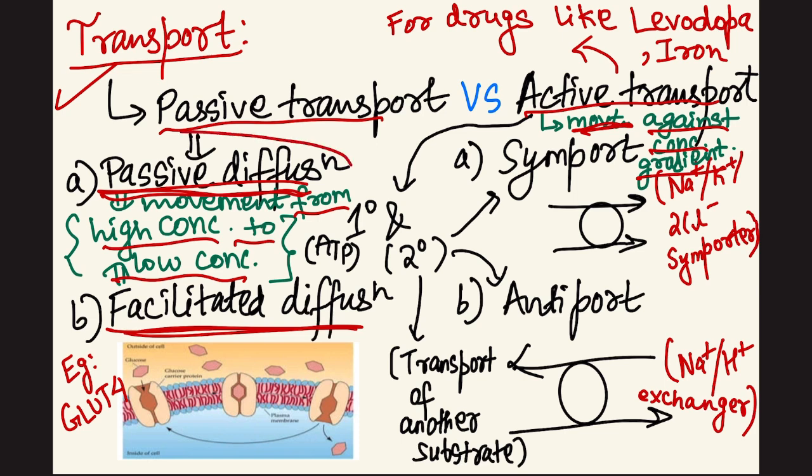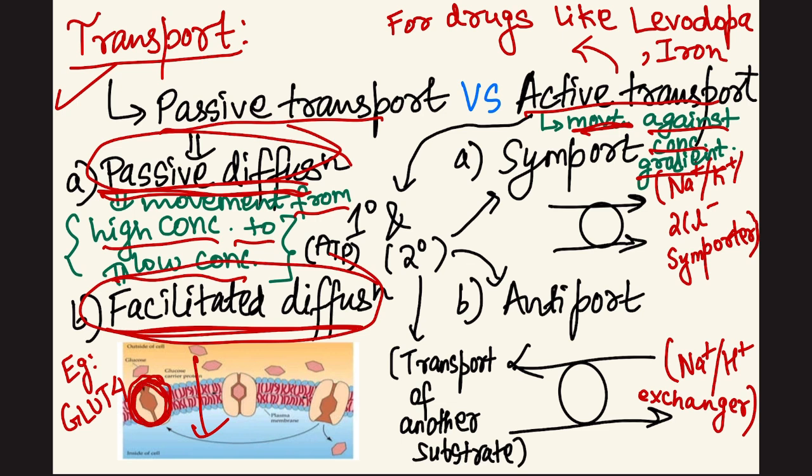Now the difference between passive diffusion and facilitated diffusion is what? In passive diffusion, the drug can directly get diffused, so there is no involvement of any carrier protein. But in case of facilitated diffusion, the drug moves from a higher concentration to low concentration, but it requires a carrier protein. As you can see here in this image, if the drug is to be going by passive diffusion, then it can directly cross the membrane, but here the drug is being transferred with the help of this carrier protein. As example, we can see this is GLUT4, that is glucose transporter 4, which is helpful in transporting glucose